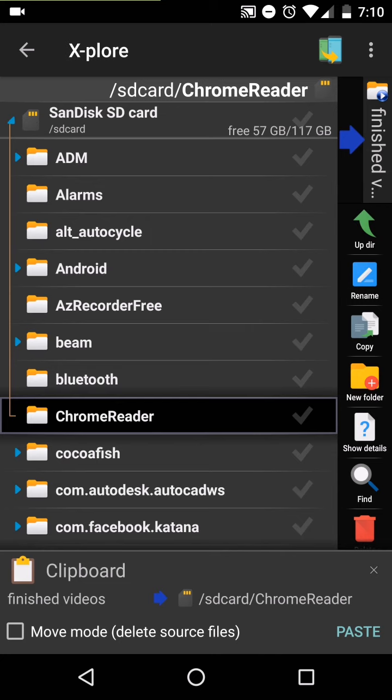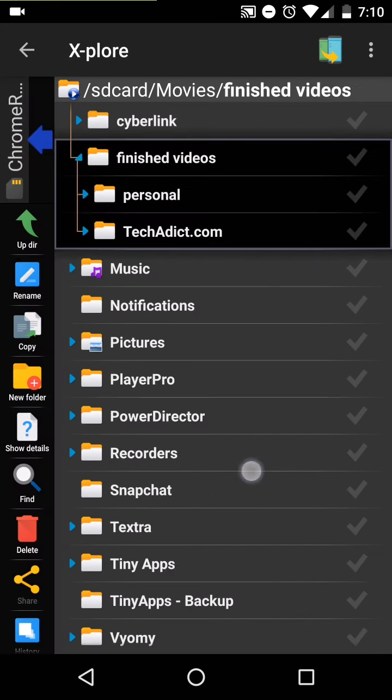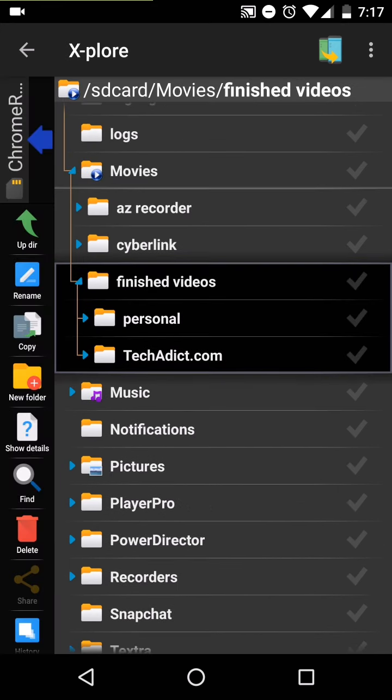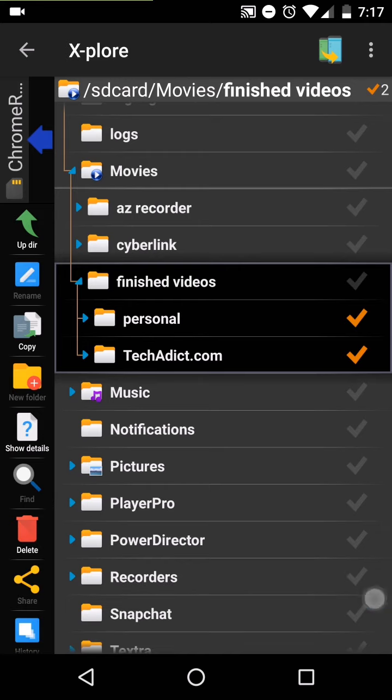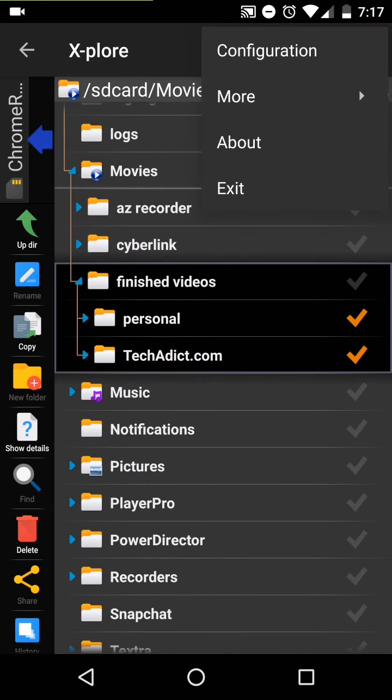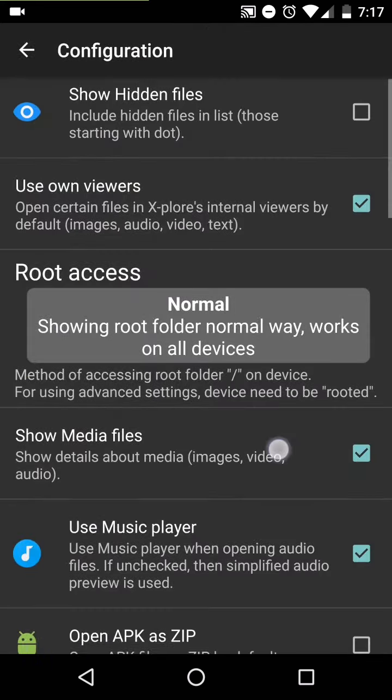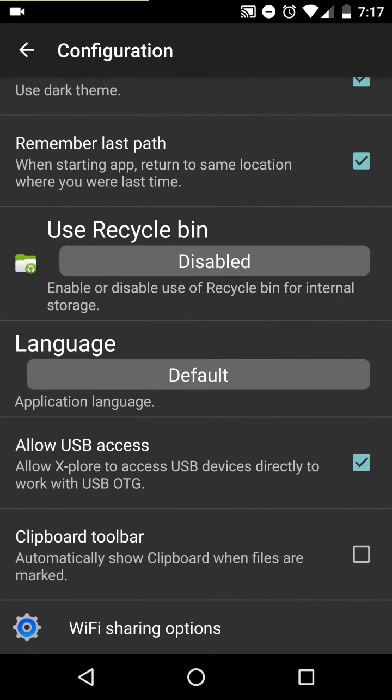If I don't want to do it, I can hit the X, or if I want to complete it, then I hit the paste. If I don't want to complete it, hit the X. File management has never been easier. With all these check marks and simple, easy ways to navigate, we're going to turn off the clipboard tool. And we're going to move on to